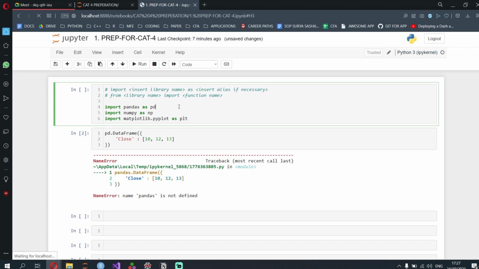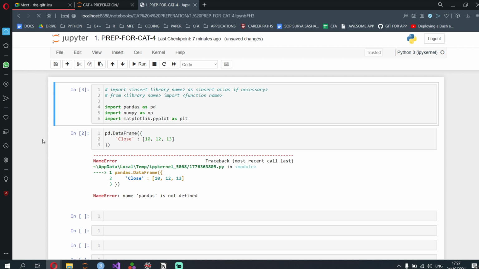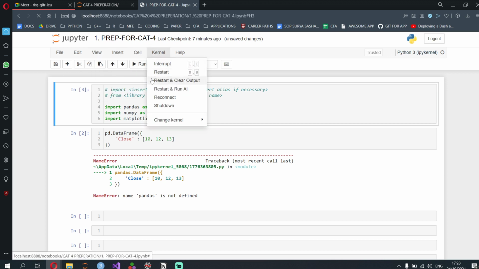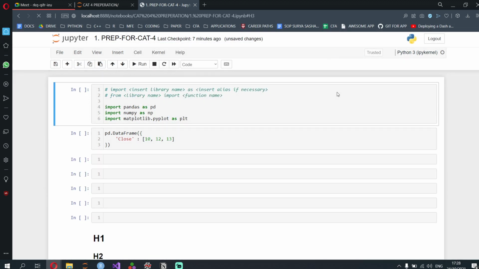Okay, so shift enter, and this is going to tell us whether all our libraries are running properly or not. Let me show you one thing over here. When you want to go from scratch again, to clear all the output, you need to click on kernel next to cell, and click restart and clear output. Now it goes back to scratch: the code will still be there, but all the output is gone, all the variables have been deleted, and it's a fresh environment.